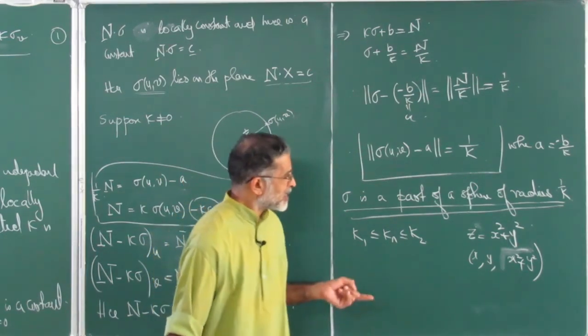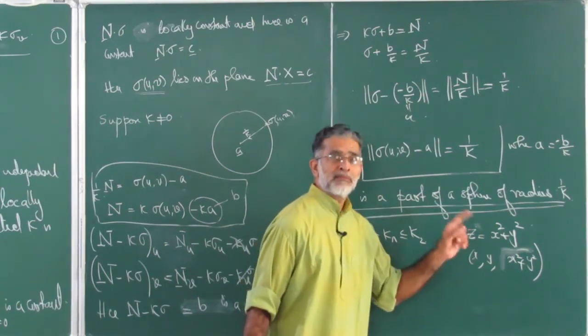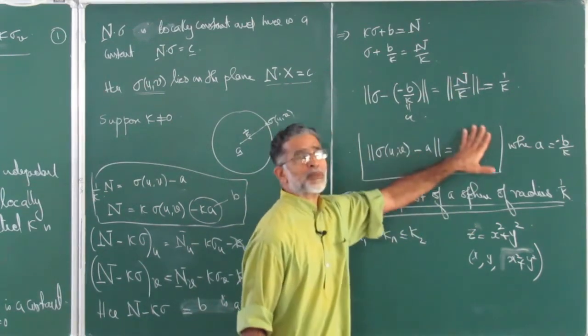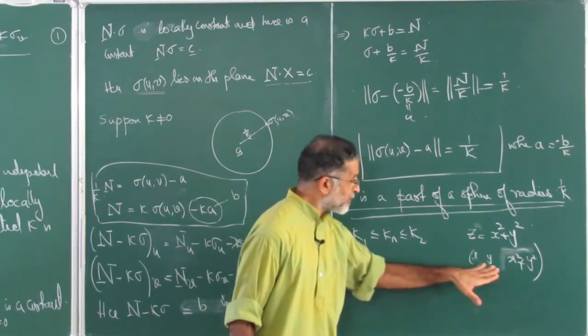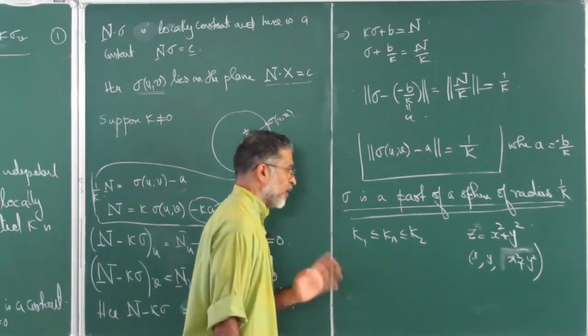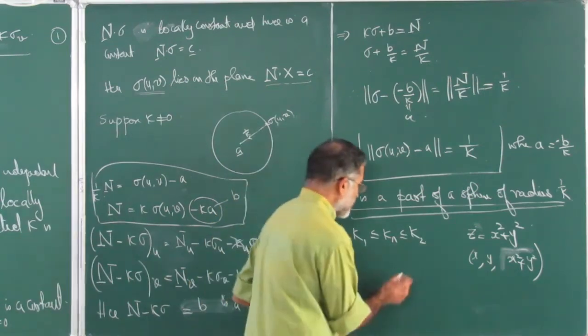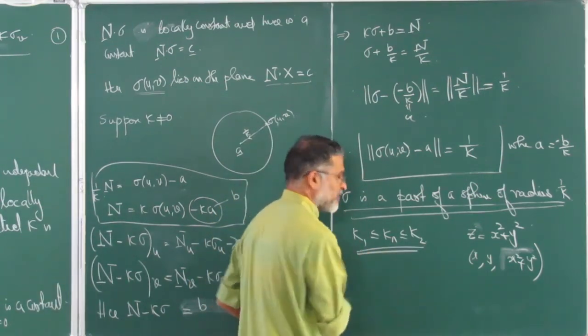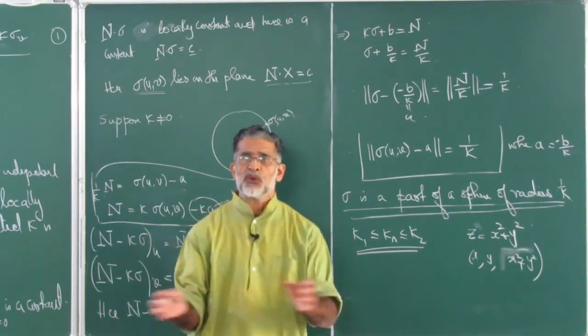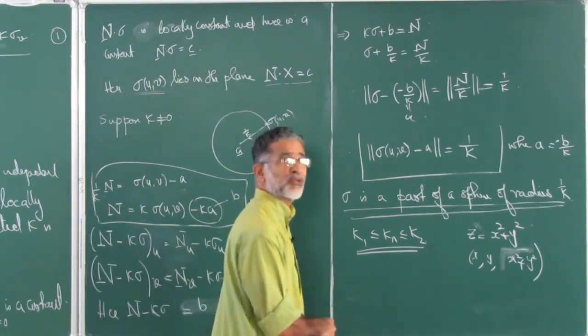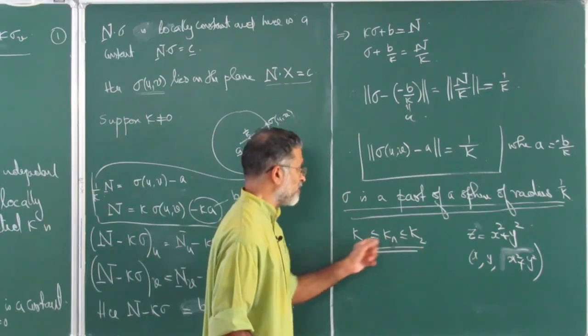So there are points at which it can happen, but if it happens everywhere, then it must be either a planar piece or a spherical piece. That is the indicator of this. If they are equal, it means the surface behaves exactly the same way. The panorama is the same, wherever you turn you see exactly the same thing. And that's what happens when K1 equals K2.